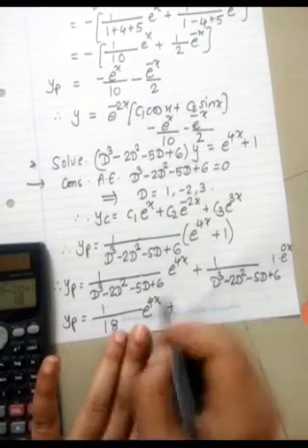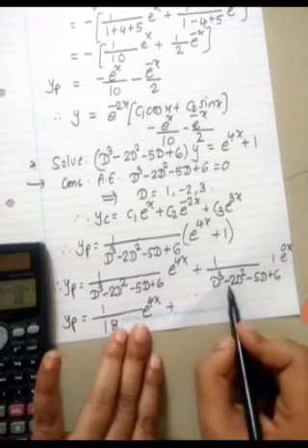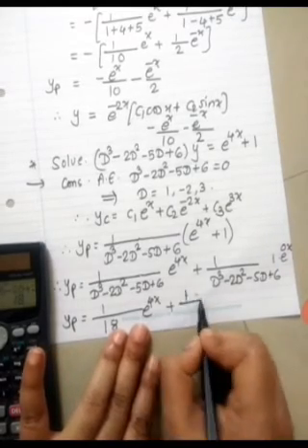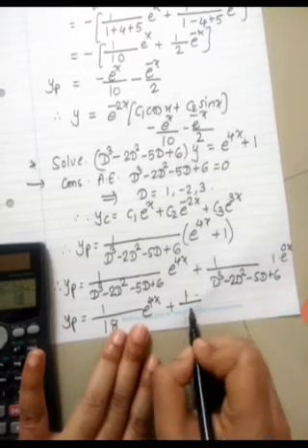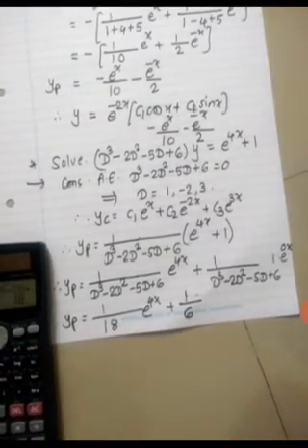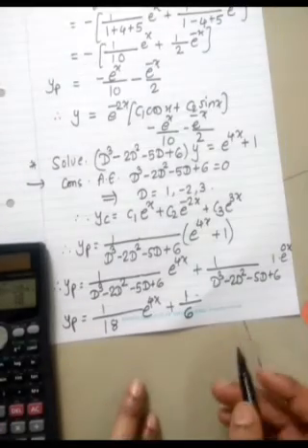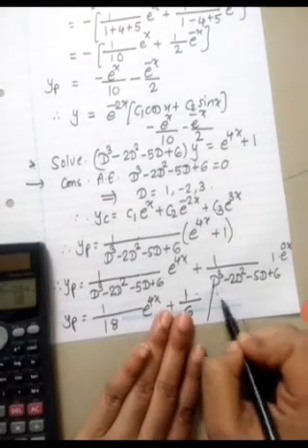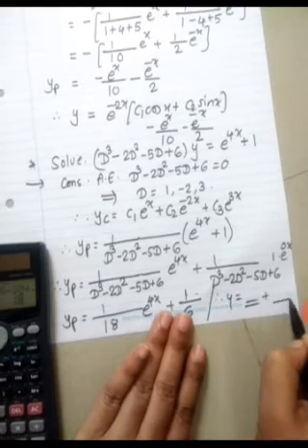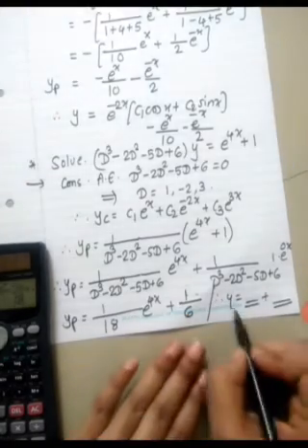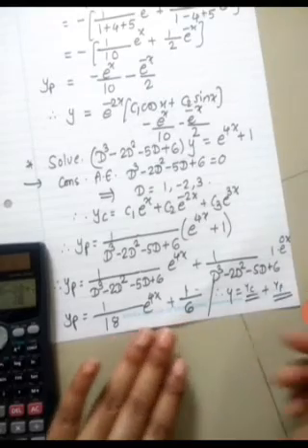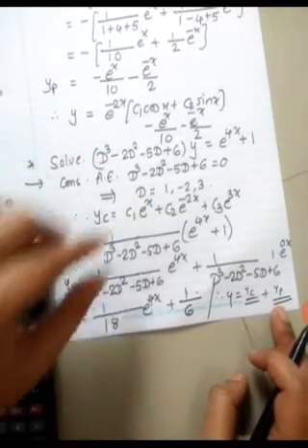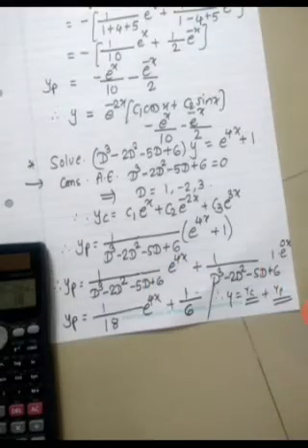Plus here 1 is outside, so no doubt, and d is replaced by 0 here. So what remains? 0, 0, 0, only 6 into e raised to 0x is 1. So this is your answer. This is your YP. Therefore, simply collect YC and YP together. You write y is equal to YC plus YP, that is the solution. Write down here YC, here YP. This YC and this YP is the solution to your given equation.